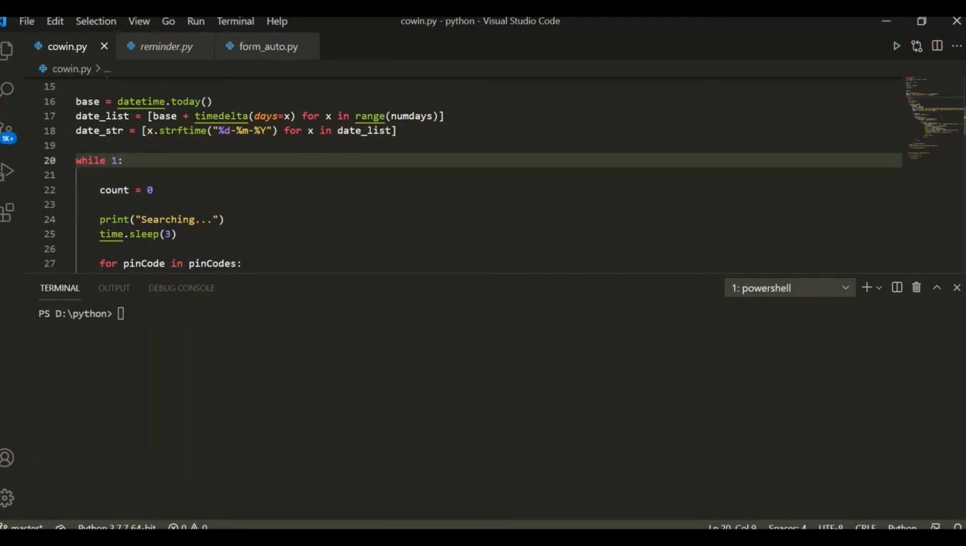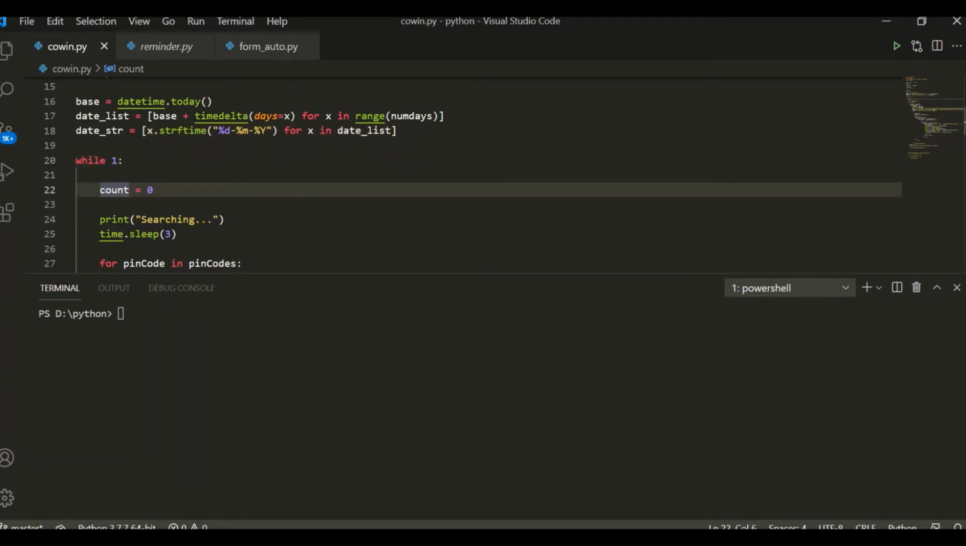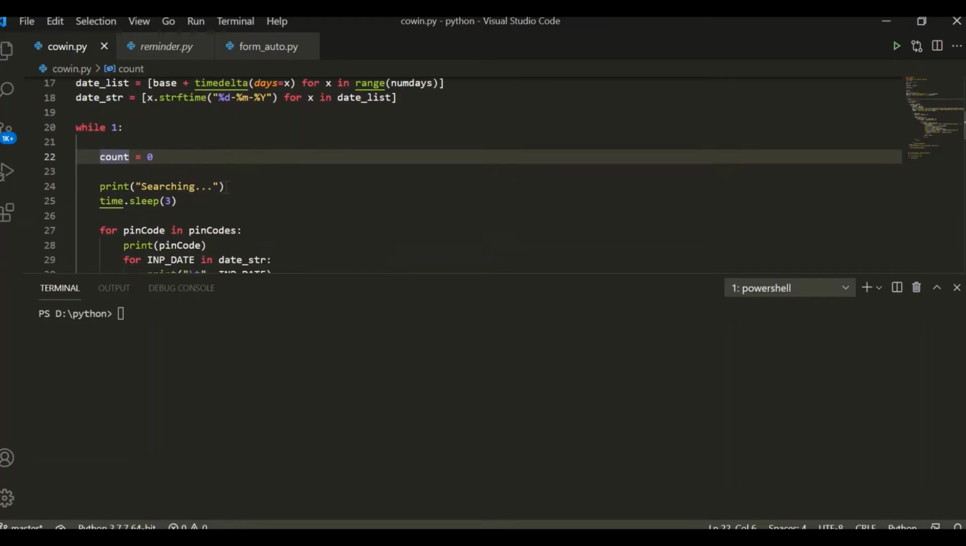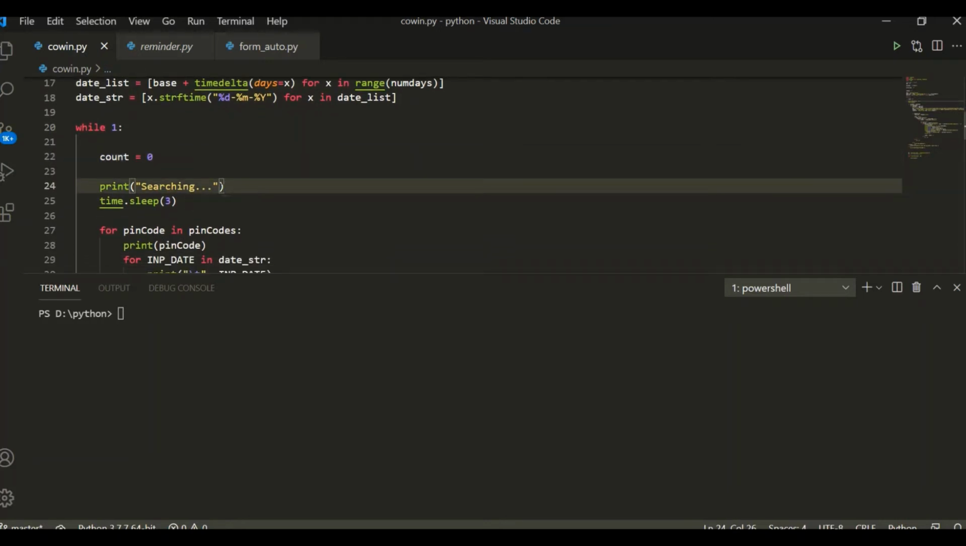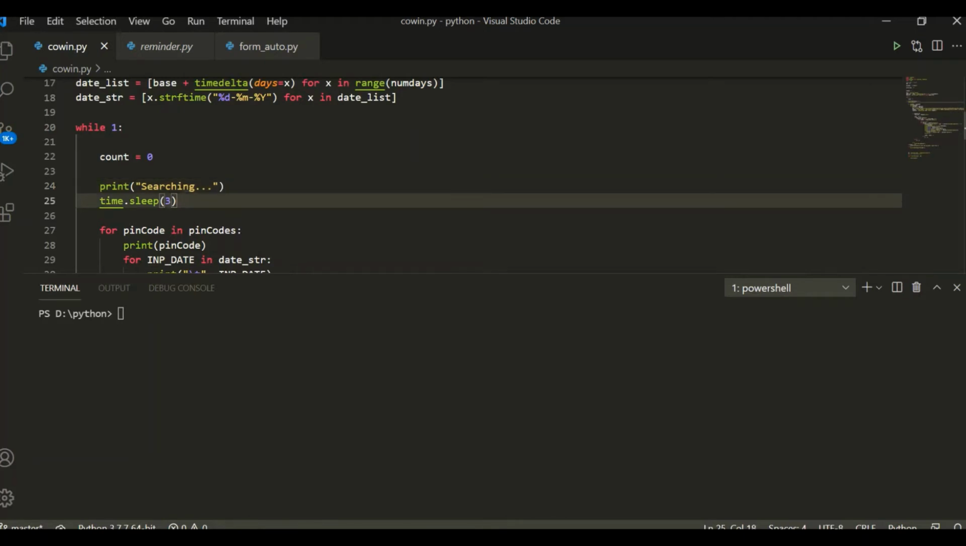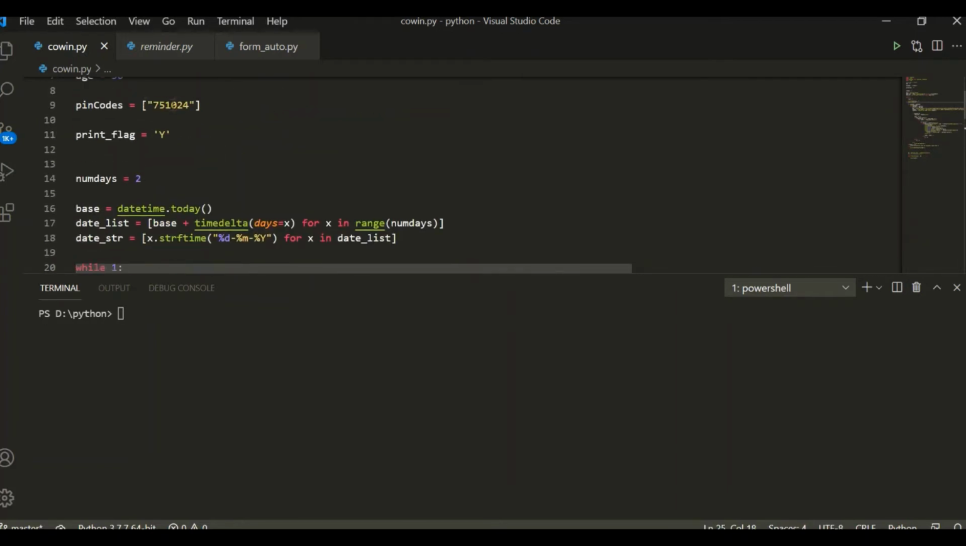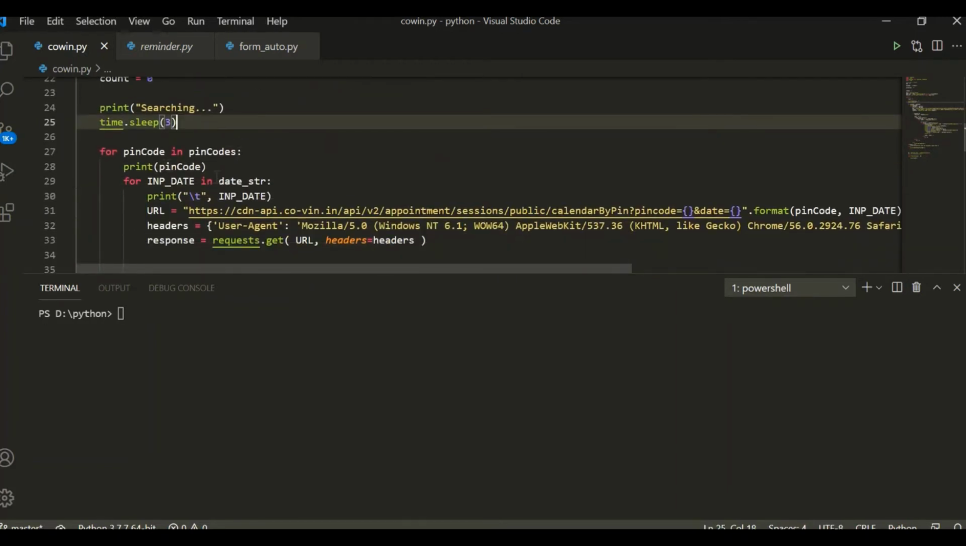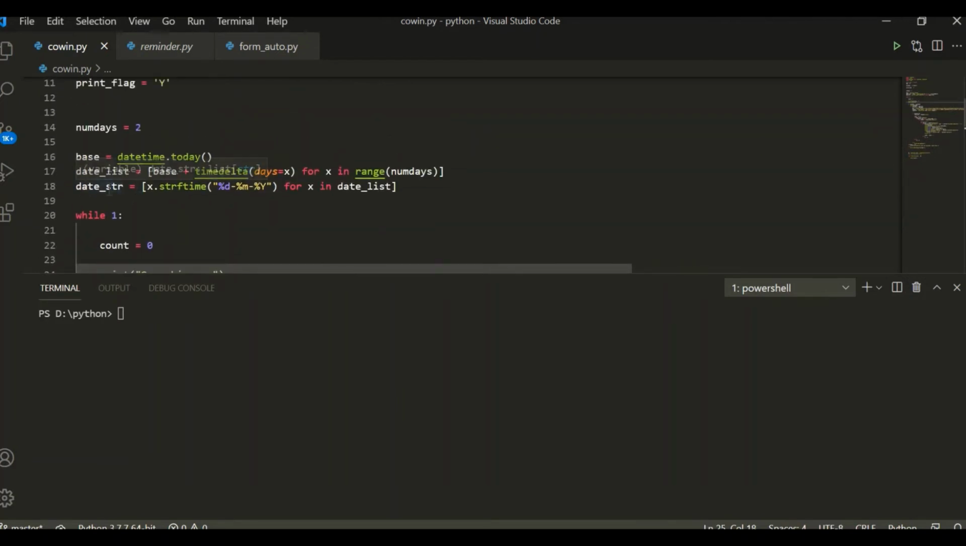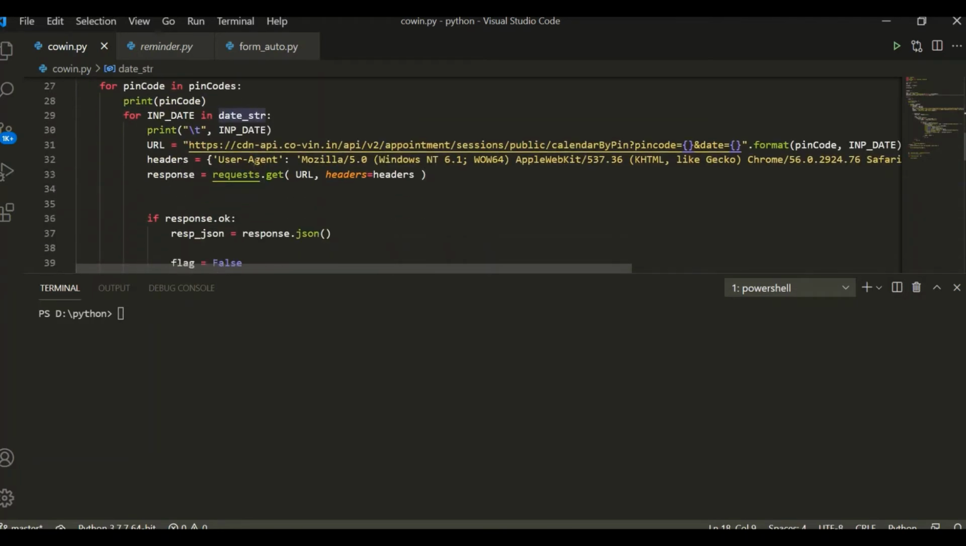While 1, that means while true. Basically this is the infinite loop, and here I have defined a counter. Then I print some statement to understand that my program has started. Now we have to search based on our pin codes and based on our date, right? So for that we are iterating over the pin codes list. Our list name is pin codes, right? So we are iterating over pin codes. Then we are iterating over our date_str. But basically this list contains 2 dates, and we are printing the date, we are printing the pin code,